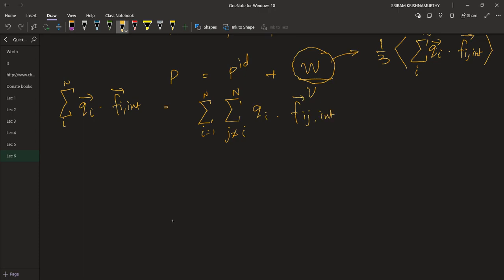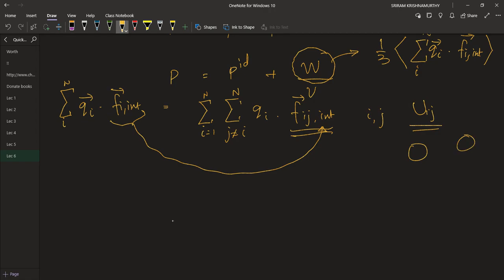So what I've done here is I've written the force component as the force between two particular atoms, I and J. So this Fij will result out of the interaction Uij between two particles. For example, if you have two particles and let's say these are the coordinates for these particles. So what happens is we calculate the potential energy or the potential between these two particles. So this is the ith particle and this is the jth particle.